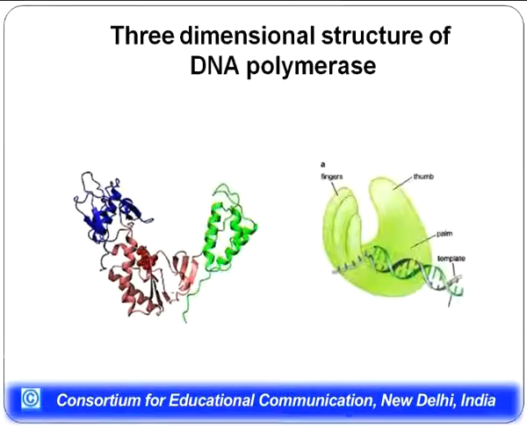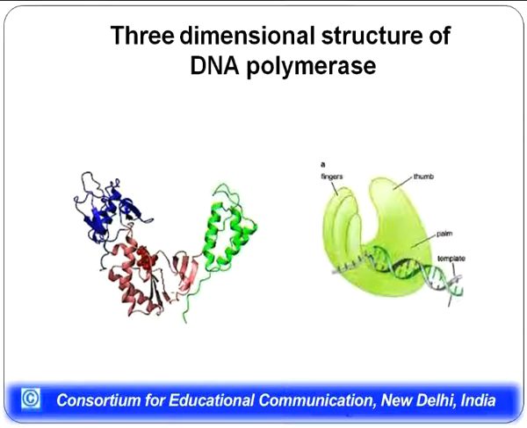Now, coming to the three-dimensional structure of DNA polymerase, which has been ascertained using molecular data, it has been found that there are three domains present in DNA polymerase, which resemble a partially closed right hand of human beings. These three domains are namely termed finger domain, thumb domain, and palm domain. Palm domain is the main domain which is responsible for catalysis of this particular reaction,